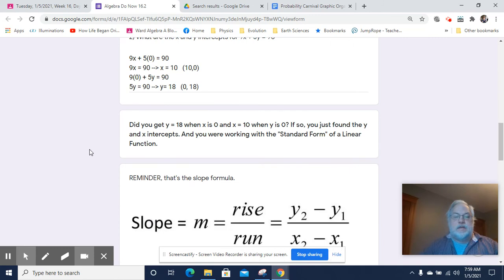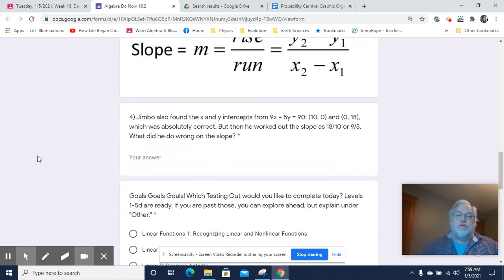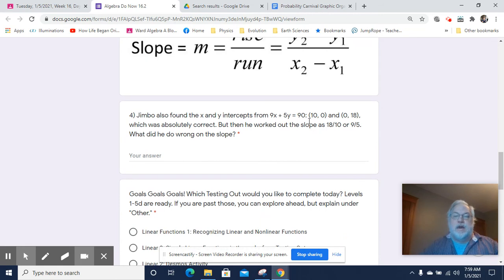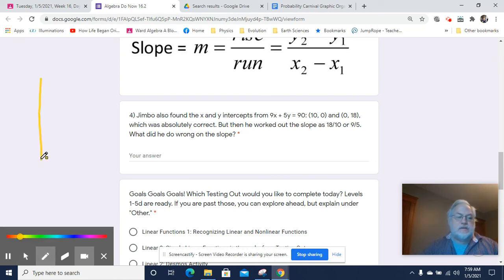And then I'll help you confirm your answer. And then we've got Jimbo working this out, and Jimbo got the right x and y intercepts, 10, 0 and 0, 18. And he worked out that the slope was 18 tenths or 9 fifths, but that's wrong, because what's actually happening is we've got this graph that looks like this. So we've got 18 here